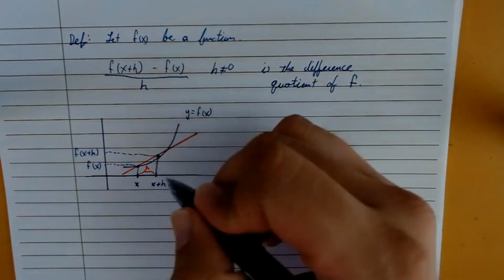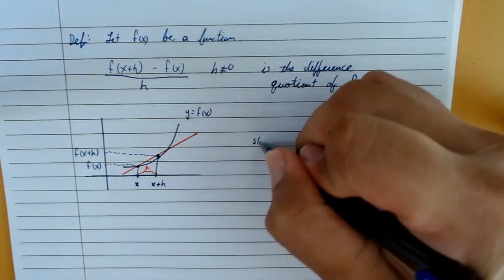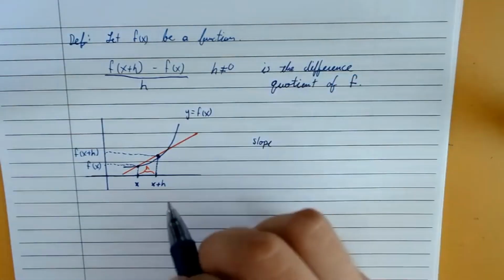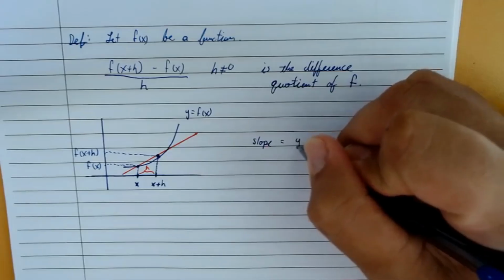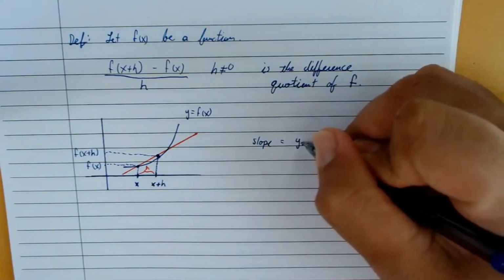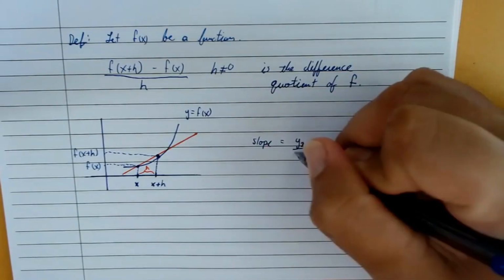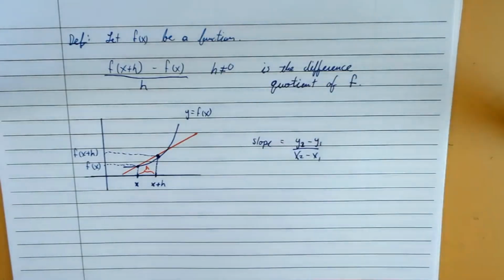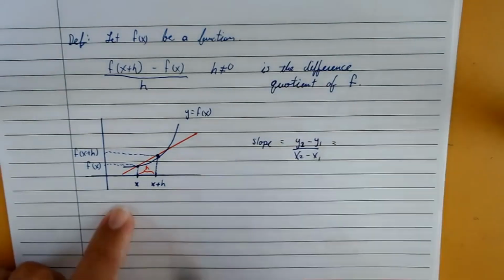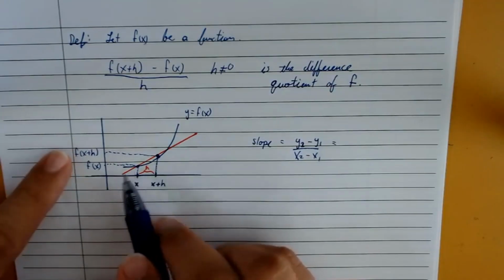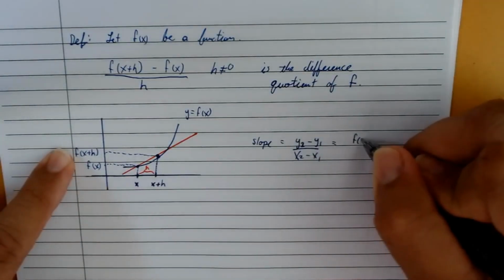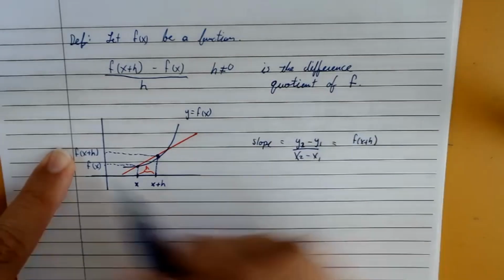The slope of a line is the change in the y values over the change in the x values. This is the slope formula from algebra: y2 minus y1 over x2 minus x1. So I want the bigger of the y values minus the smaller of the y values. That'll be f of x plus h, that's the bigger one,